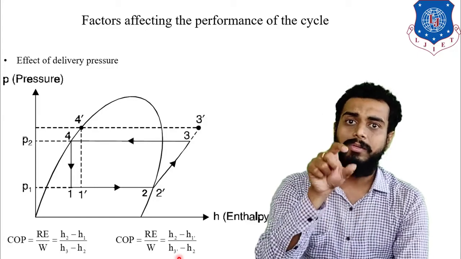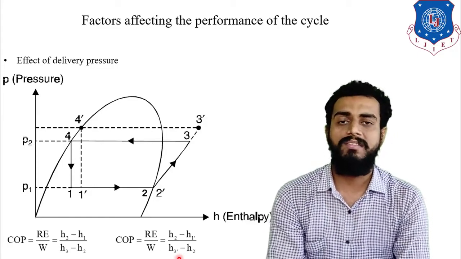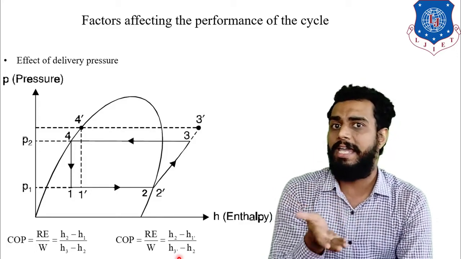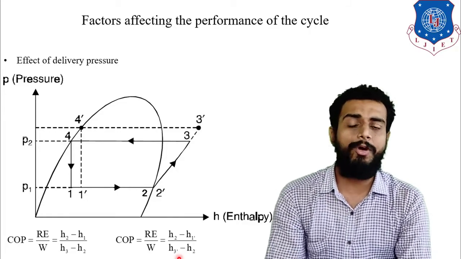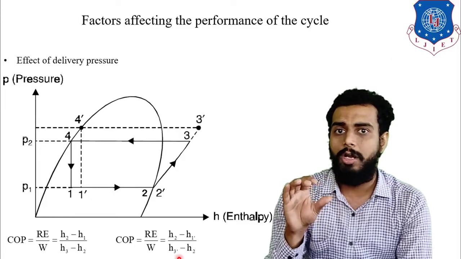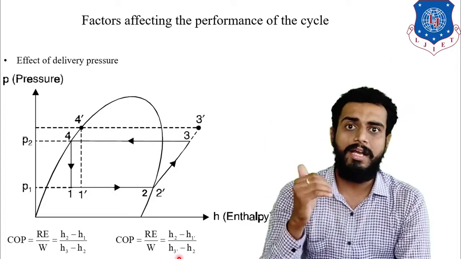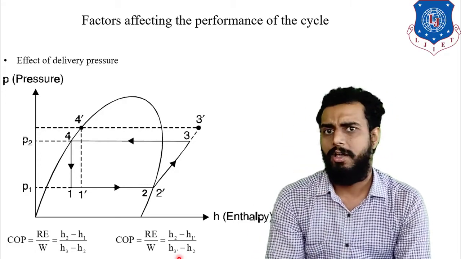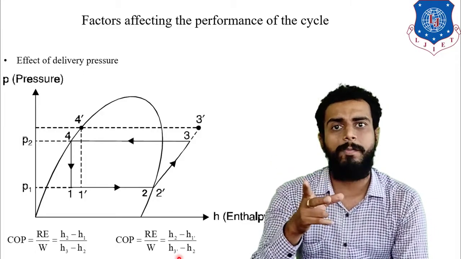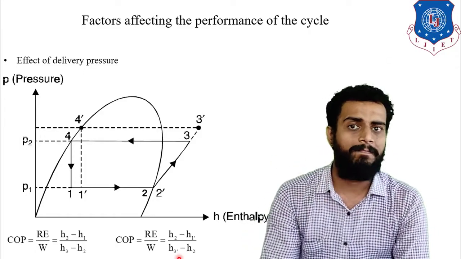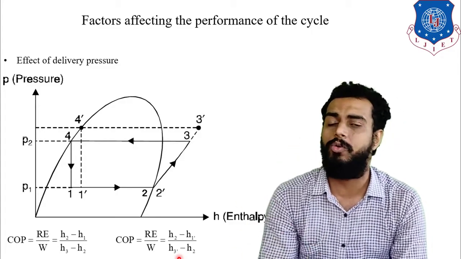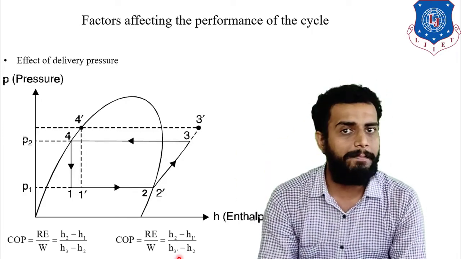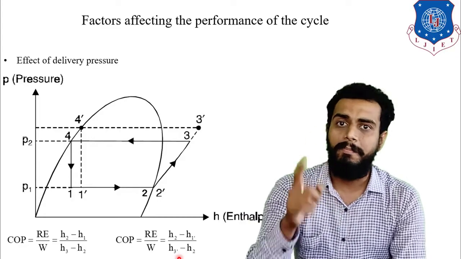But now, where will the real life situation occur? See students, in the summer season what will happen? Compared to the winter season, the summer season has a high atmospheric temperature, right? The condenser is always in contact with the atmosphere, so the condenser rejects the heat to the atmosphere. The funda of nature is that heat automatically transfers from a high temperature body to a low temperature body. That means if you want to reject heat to the atmosphere, the condenser temperature should obviously be higher than the atmospheric temperature, right?